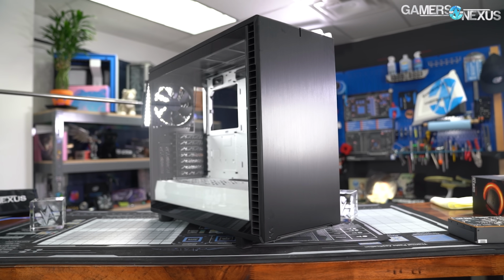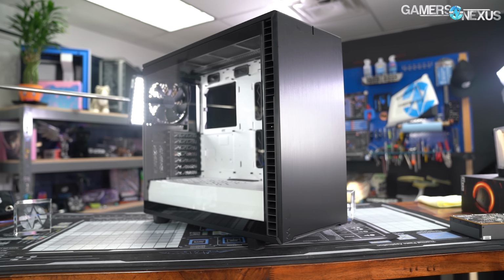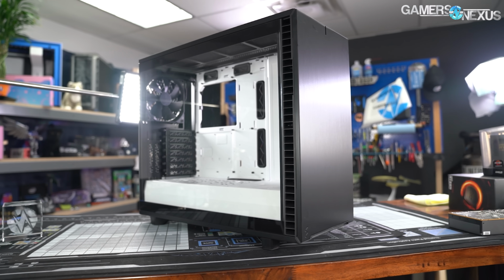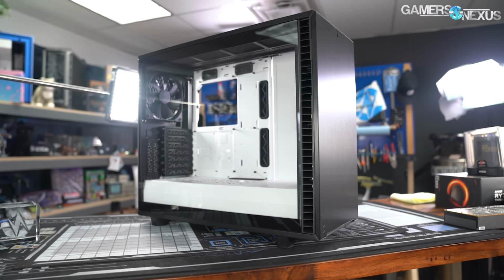But let's get to the build notes first, and we'll talk thermals. As soon as the Define 7 was out of the box, we noticed how lightly tinted the glass was. The Define 7 TG comes in both dark tint and light tint versions, and the light tinted version with a white interior is a stark contrast to almost every other tinted glass case we reviewed, which is most of them